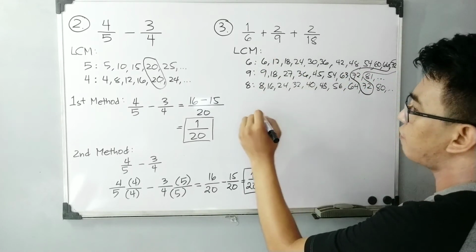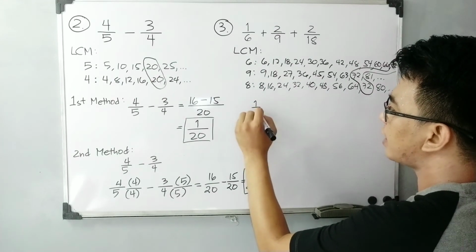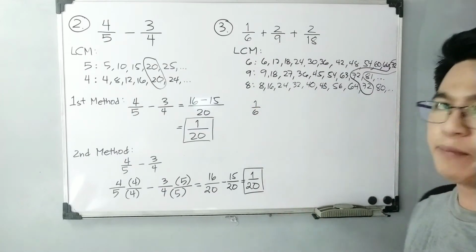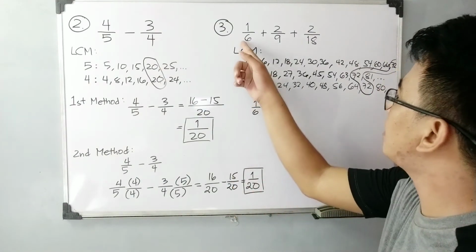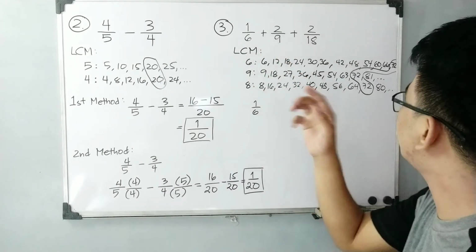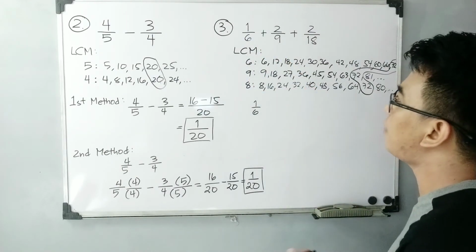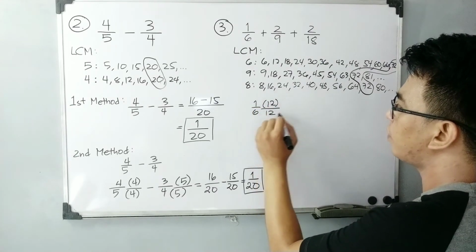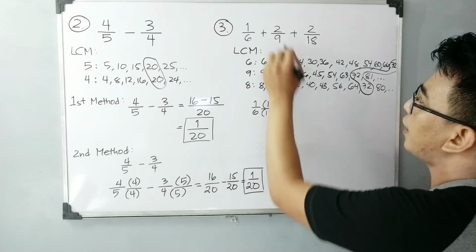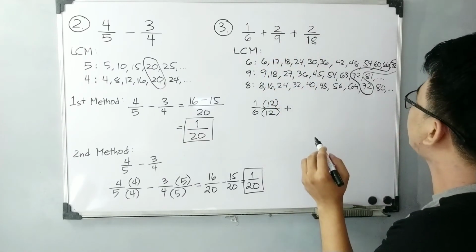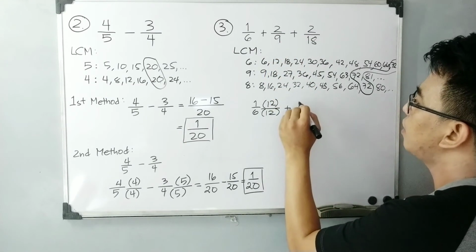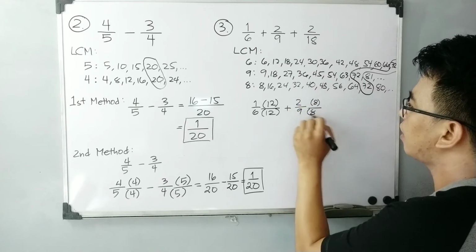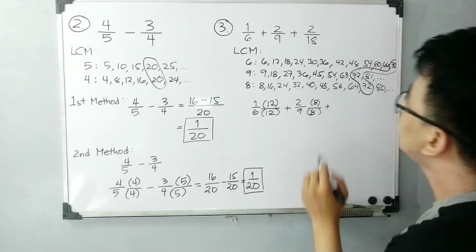Ngayon, copying these fractions, we have 1 over 6 to be multiplied. Ano kaya yung number na pwede natin i-multiply to make 6 as 72? So I think we need to multiply it by 12. So 12 over 12 plus, ito naman, para maging 72, kailangan i-multiply by 8. You have 2 over 9 times 8 over 8 plus, ito to make it